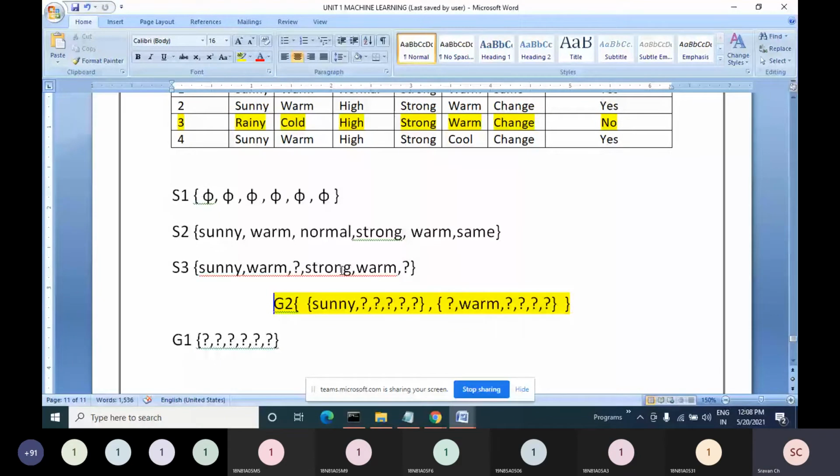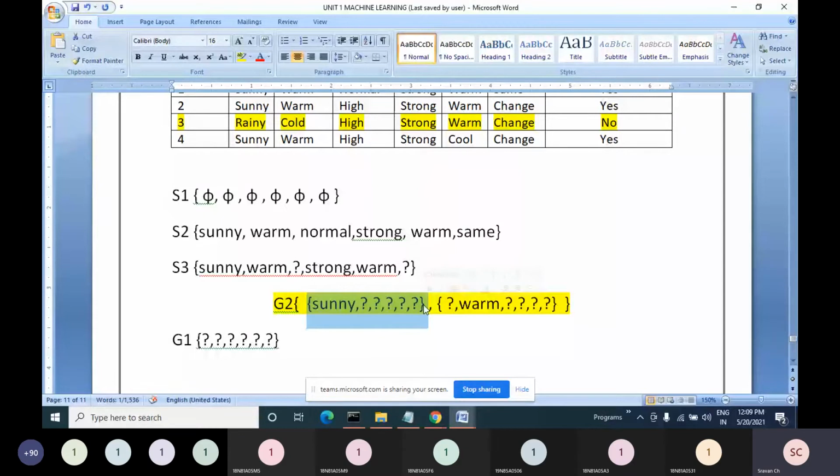What is the procedure? First look at the first parameter in the third record. It's a negative example. So what is the value? Rainy. Now in the most specific example, what is the value? Sunny. There is a mismatch. When there is a mismatch, you create a new hypothesis. See, this one is the new hypothesis. See here, the one which I have selected is the new hypothesis. Which parameter we were comparing? First parameter. Whenever there is a mismatch, you take the value from the most specific hypothesis. See here, in third record, it is rainy.